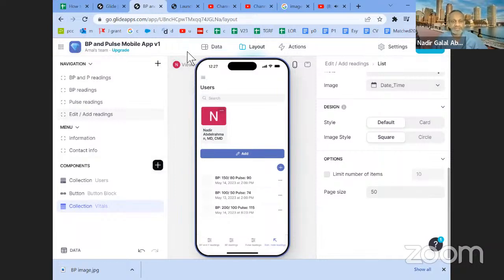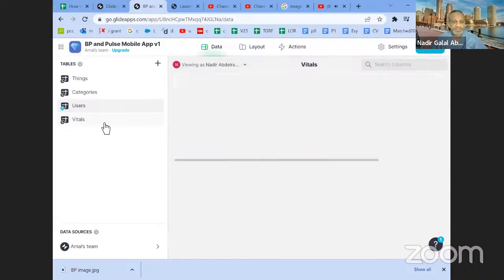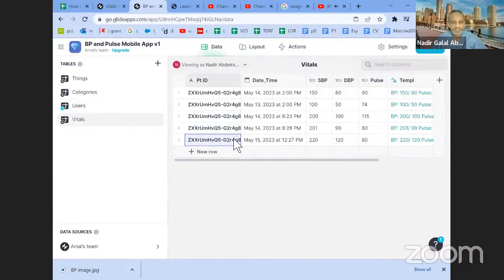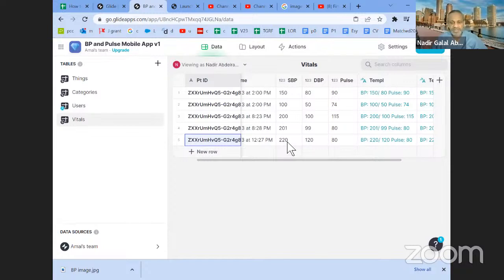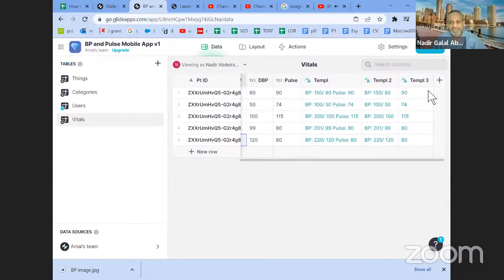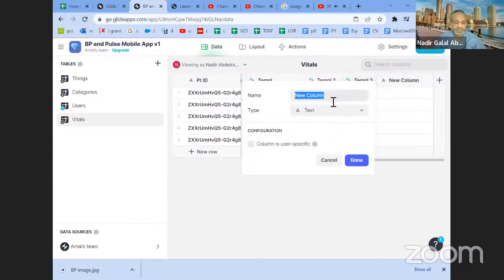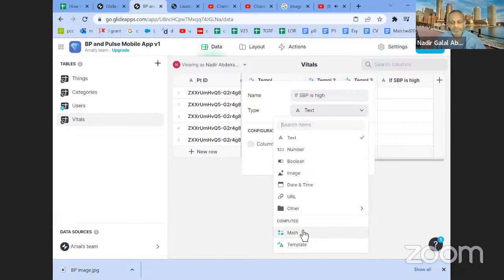So how to do that? So I'm gonna go to data. This is the last one. So blood pressure systolic is high. So I'm gonna add a column if systolic blood pressure is high. So this is equation or math or if. So I'm gonna go down